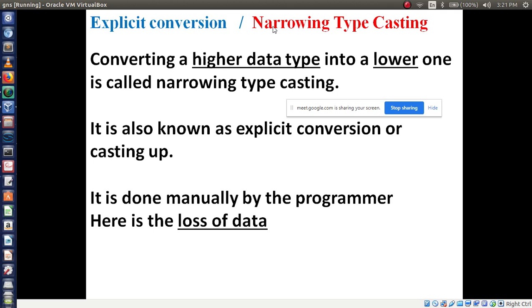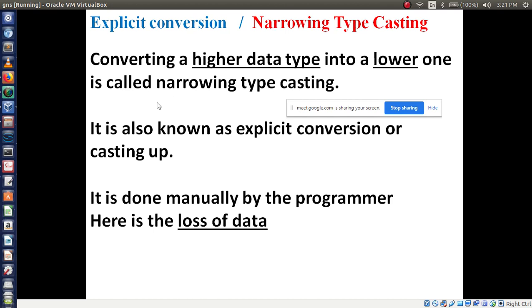Converting higher data into lower one is called narrowing type casting. In the previous casting we converted lower to higher data type, but here it is vice versa, higher data type into lower data type, which we call narrowing type casting. Is that clear? And it is also known as explicit conversion or casting up.